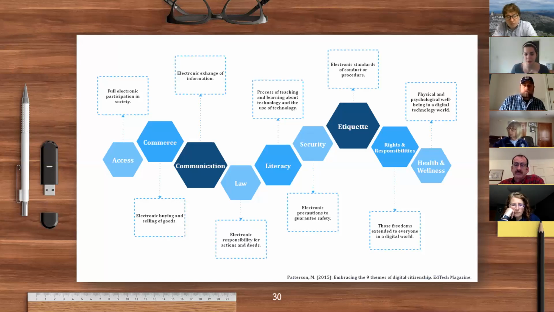So anytime that we can provide our students with these tools, they'll be able to recognize when somebody is not engaging in a way that aligns with digital citizenship best practices. And then it can help them stop that narrative. If they see somebody who's engaging that way, they'll know that they don't want to engage that way because it doesn't align with some of these best practices. Okay, so